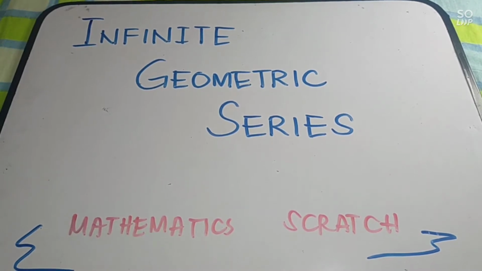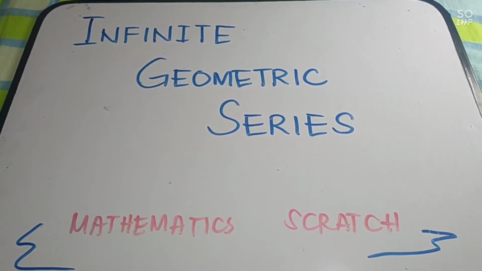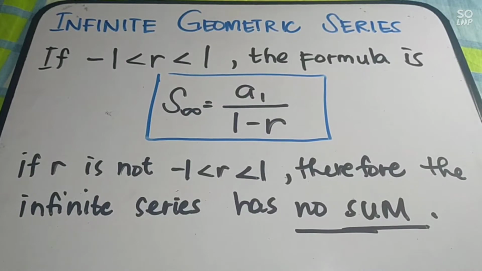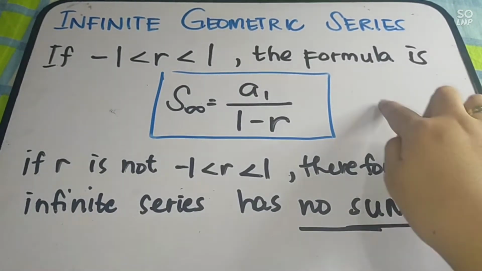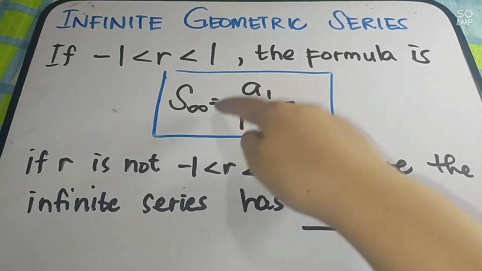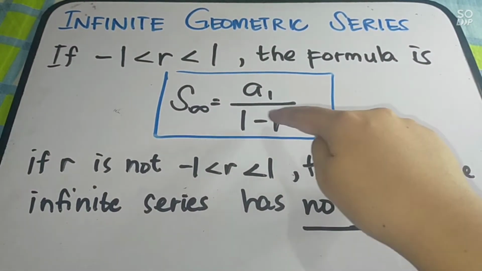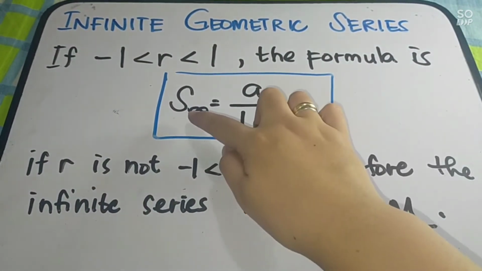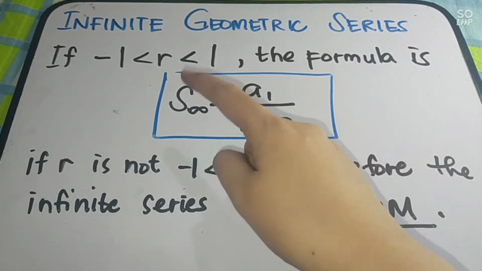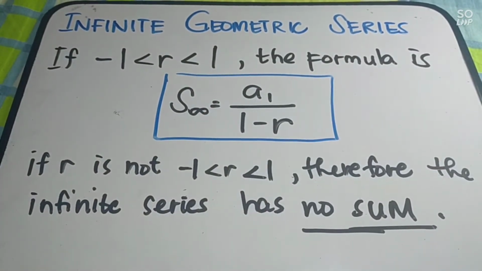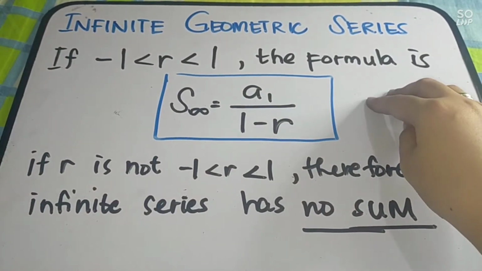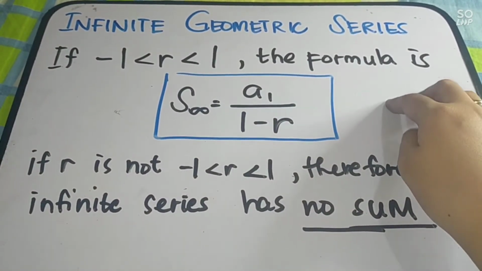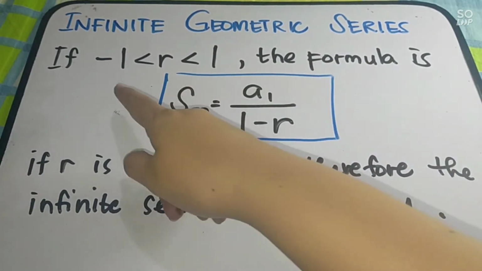Session, we are going to discuss infinite geometric series. In infinite geometric series, we have here your formula. Your formula is S infinity is equal to a sub 1 over 1 minus r. Infinity is the sideways number 8. So, that is infinity. You only get a sum of the infinite geometric series if and only if